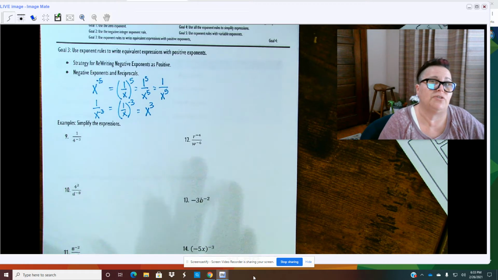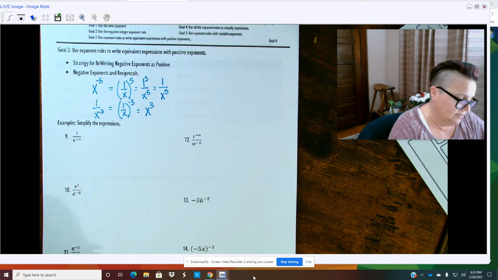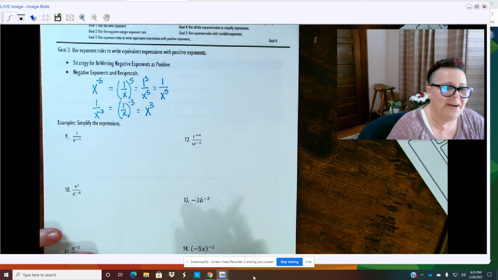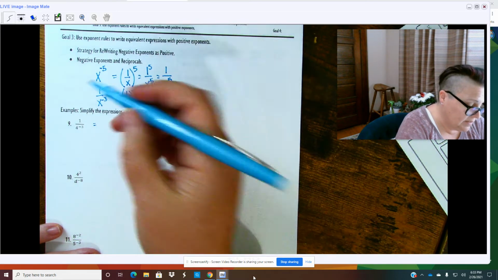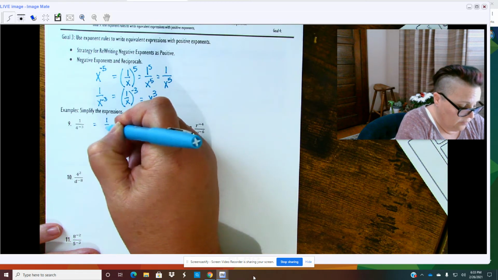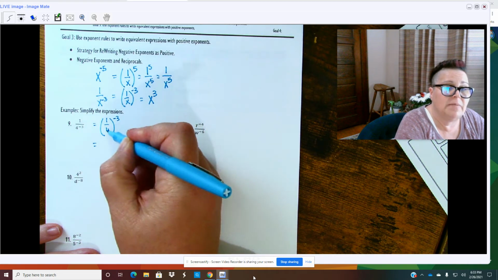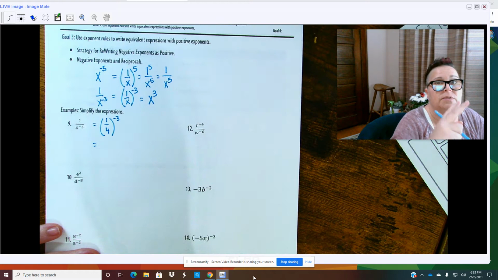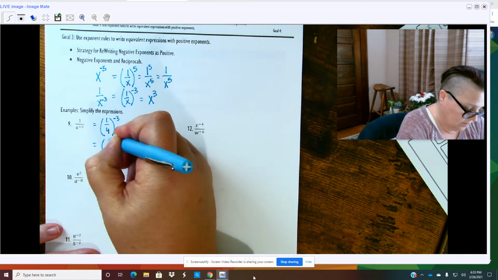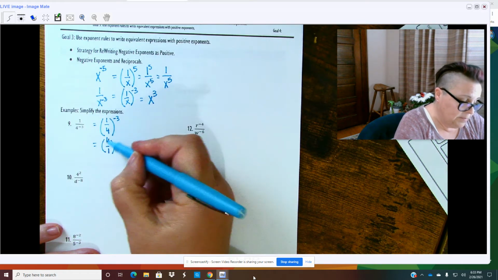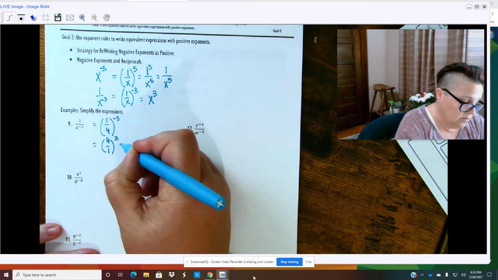But there are a few other strategies. One of them is just to keep working with the negative number. First, let's practice a few. I'm getting ahead of myself. All right. So if we have 1 over 4 to the negative third, that negative power means I need the reciprocal of the base. The reciprocal is a flip of the fraction. So 1 over 4 flips to 4 over 1. Once I flipped it, I don't need the negative anymore. This is just a 3. So this would be 4 to the third